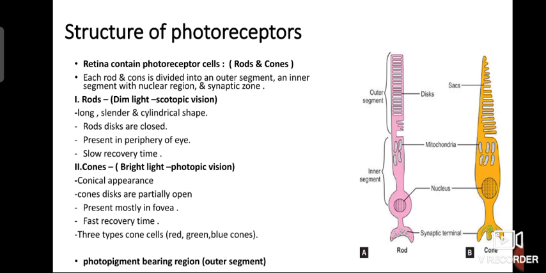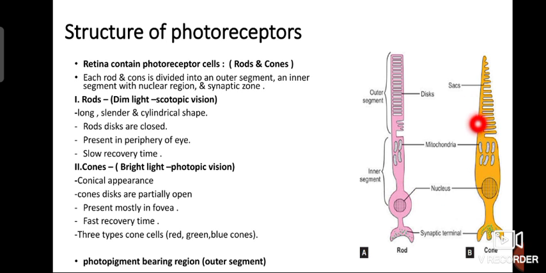Now the structure of photoreceptor. Retina contains photoreceptor cells, rods and cones. Each rod and cone is divided into an outer segment, inner segment with nuclear region, and synaptic zone. So A in the diagram is the rod cell and B is the cone cell. This is the outer segment, this is the inner segment, and the nucleus is present in between the inner segment and, lastly,